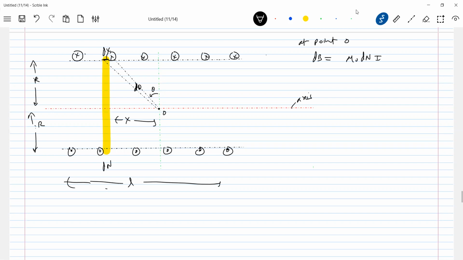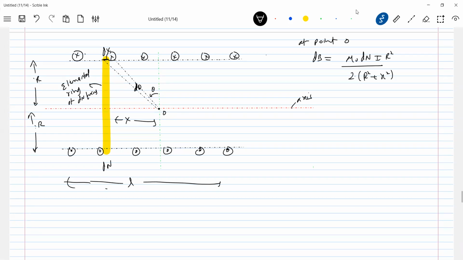Using the Biot-Savart law, you could again assume two small equal and opposite elements and find out. But instead of all that, we already know it's like a ring. So you call this yellow strip an elemental ring of dn turns. What is the formula for the ring? Mu naught dn I, radius R squared, divided by 2 times (R squared plus x squared) to the power of 3 by 2. What is x? We have defined it. What is R? The radius of the solenoid.